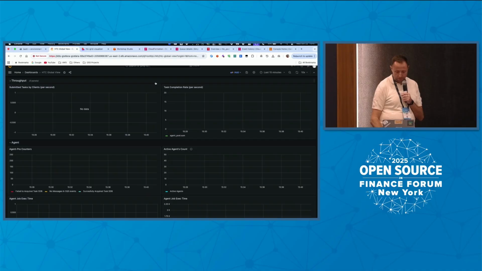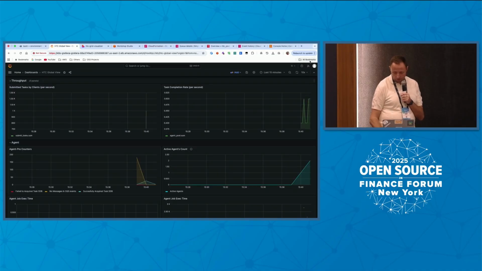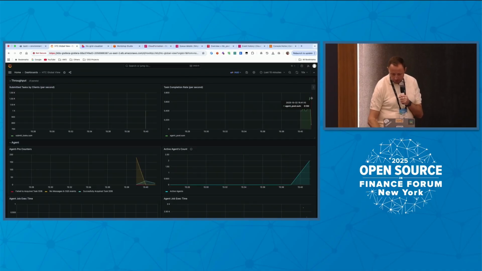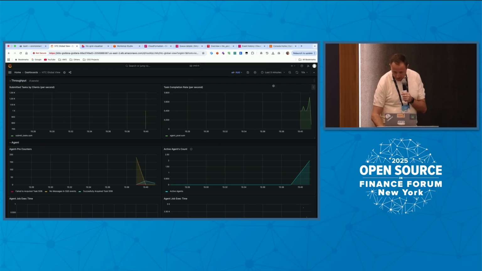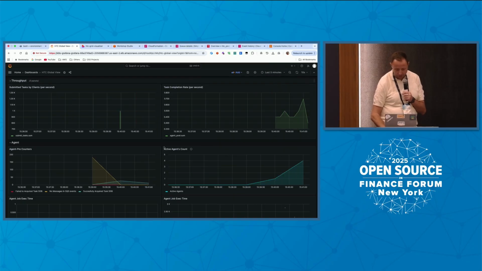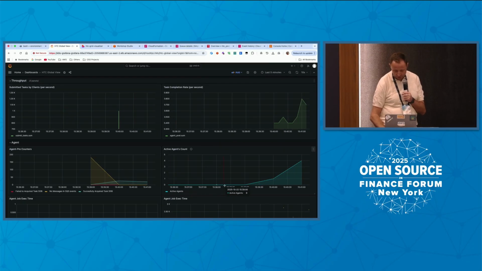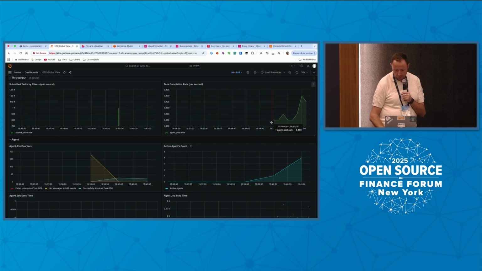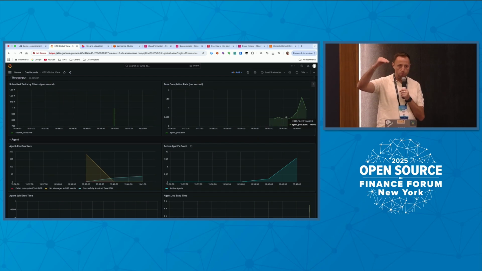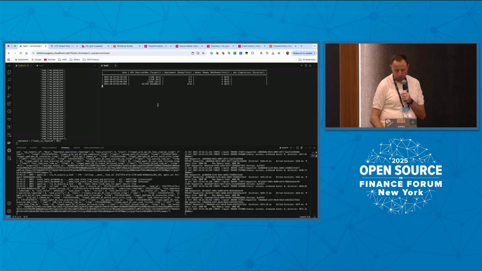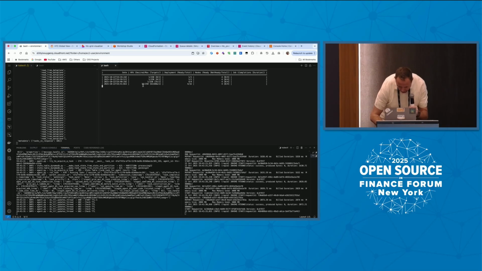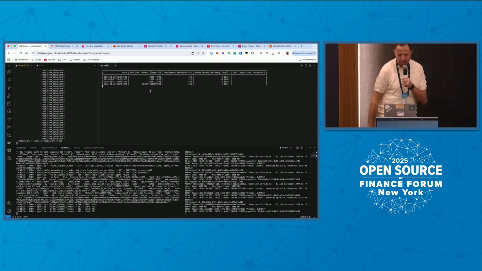So if we look at this from a simple Grafana dashboard, I'll just do 5 minutes. You'll see that we were doing nothing basically. It was active agents, just one, and then it automatically starts picking up and scaling the agents up. And then you'll also see that my task completion rate increases because I now have more workers and I'm able to finish work faster. And the cluster will automatically, there you go, we already have 16 pods